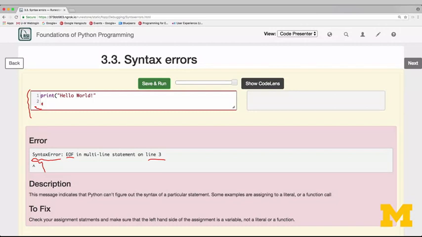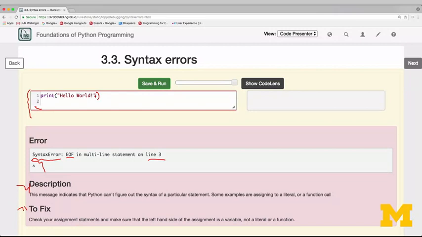Now, in the textbook, when you're executing Python, we've actually tried to translate some of the error messages that you would get in a normal Python interpreter and make them easier to understand for someone who's just getting started programming. So believe it or not, this is actually already a little bit more human-friendly than you might get normally. And we've tried to give you a little description and some suggestions of what you should do to fix it. In this case, the things that it's suggesting aren't quite what we need. What we really needed was